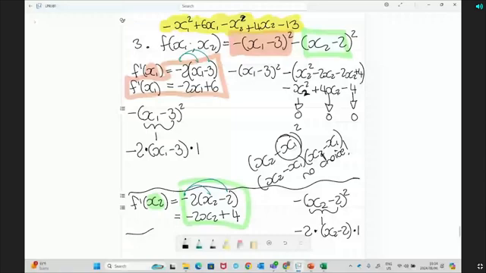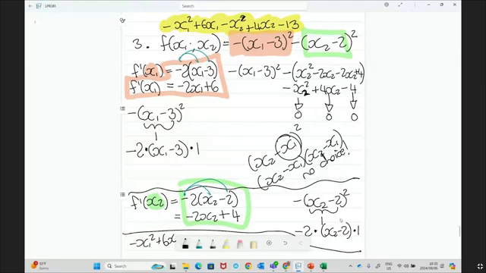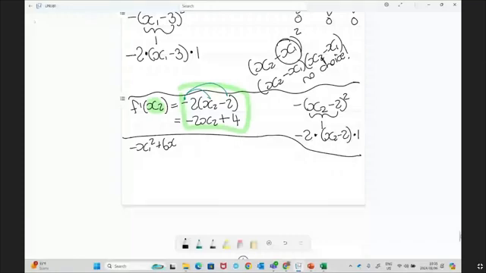Just want to write it out again. I just removed my minus. There we go, minus x1 squared plus 6x. Let me see if I've got it written down so that I can just copy. Minus x2 squared plus